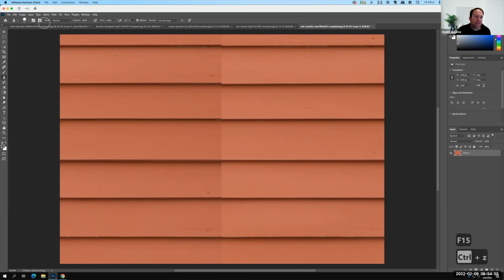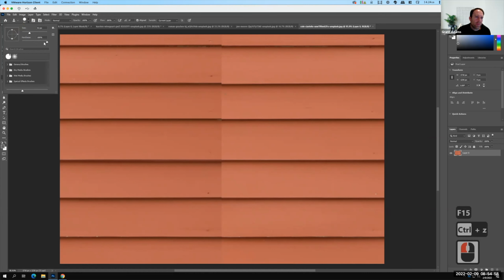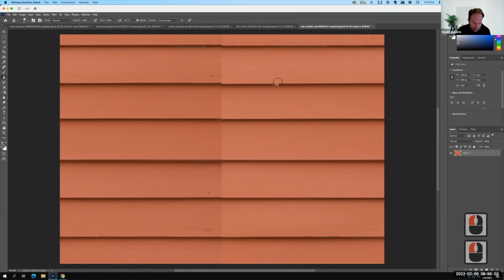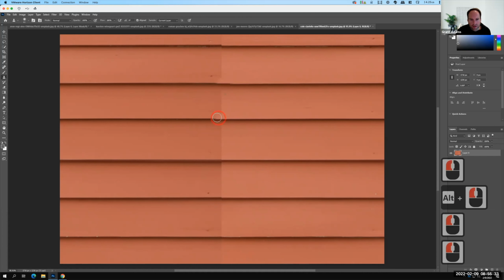How we blend this together is we'd use the clone stamp again, but I'm going to change my hardness to 0, so that if I hold down Alt and copy this, it's a kind of blurred version. So I can come over here, hold down Alt, copy this edge, and work right across this seam like that. And now the siding line goes across. Let's do it again down here. Let me hold down Alt, click, and then we can work this one across as well,